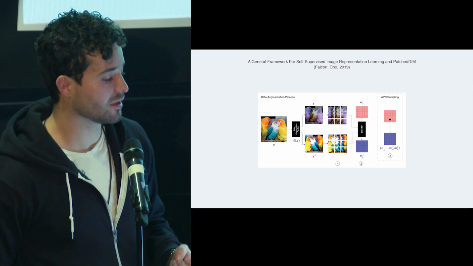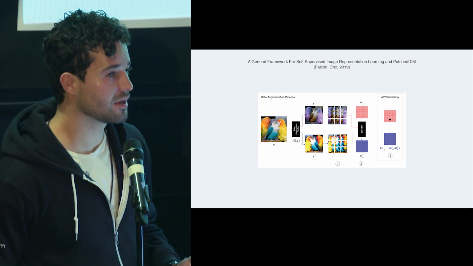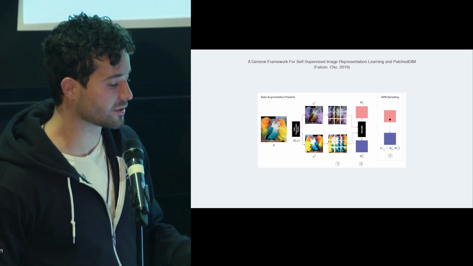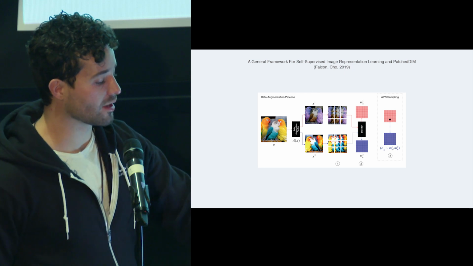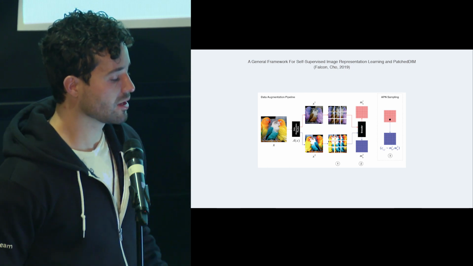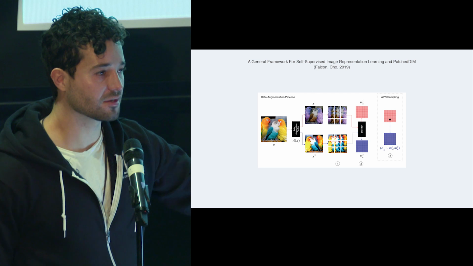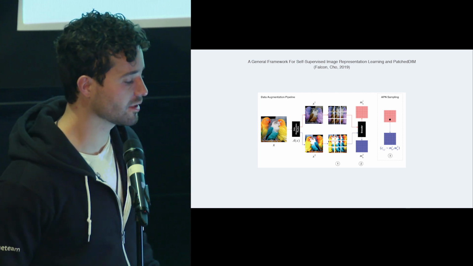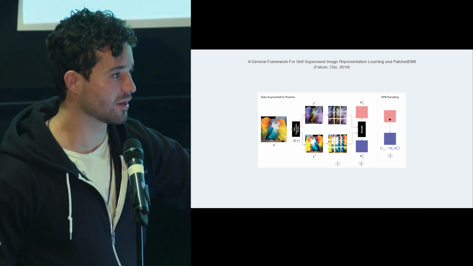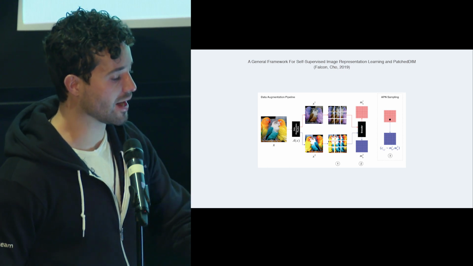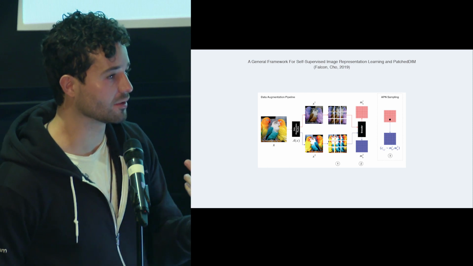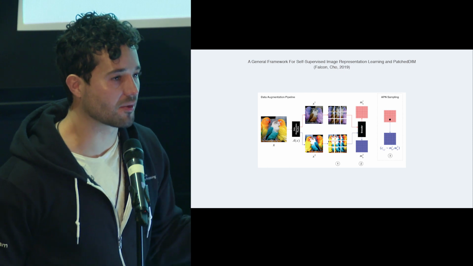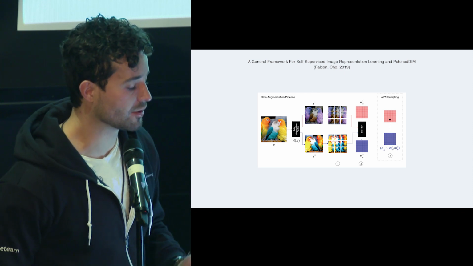STL10 is another image data set, which has 10 classes, but you're given 100,000 unlabeled images and only 5,000 labeled images. And so we're getting these accuracies. The way that we're reporting this is you take that data set, CIFAR10, you drop all the labels, you pre-train on that using these methods that I just explained, and then you converge. You freeze that model, and then you add labels back in slowly. In this case, we added all the labels because we're measuring something called separability.